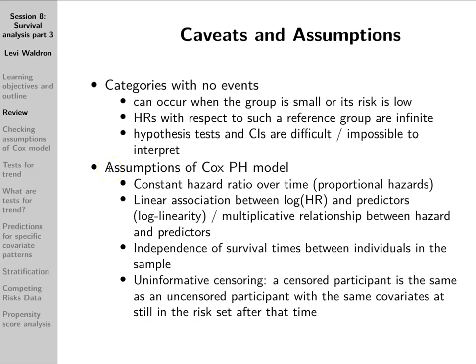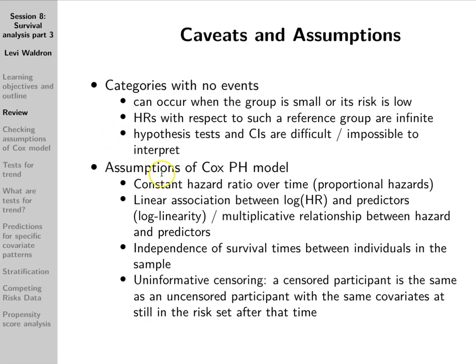So, assumptions of the Cox proportional hazards model. I've mentioned that it is pretty robust. We don't make any assumptions about the form of the baseline hazard, the hazard that everything is a ratio of, so the way it changes over time doesn't matter. The only thing that we have to assume about it is that there's a constant hazard ratio over time, so that the way different participants in the study vary is just a constant ratio compared